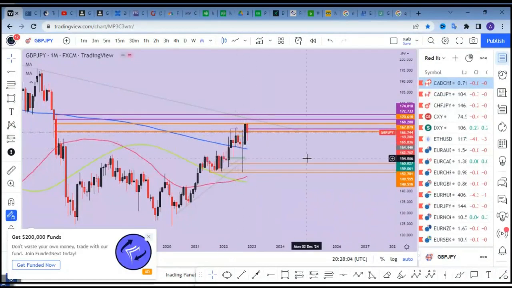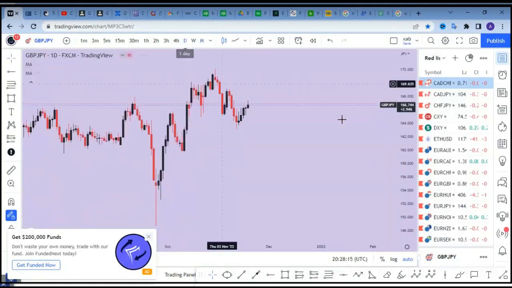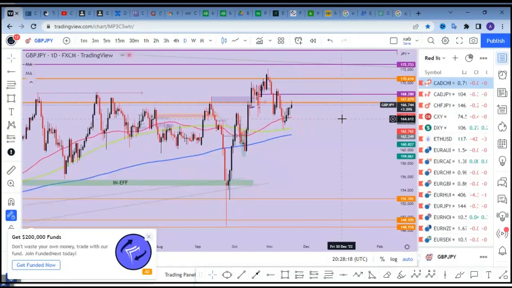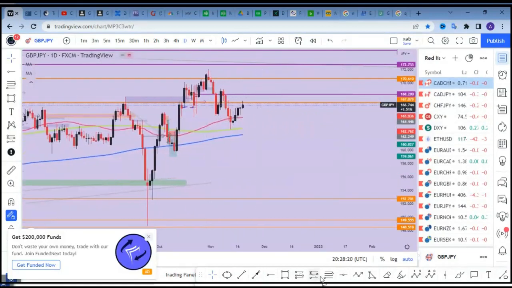I think JPY is temporarily strong. We could see some weakness in a few days or weeks. On the daily time frame, I think it's safe to assume that GJ would want to complete this QML pattern. That would be a safe call, such that we possibly get to see